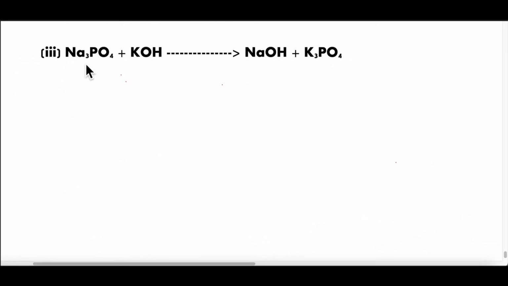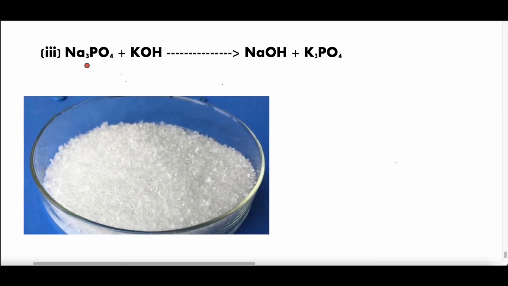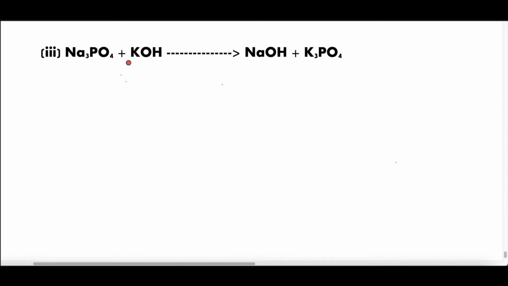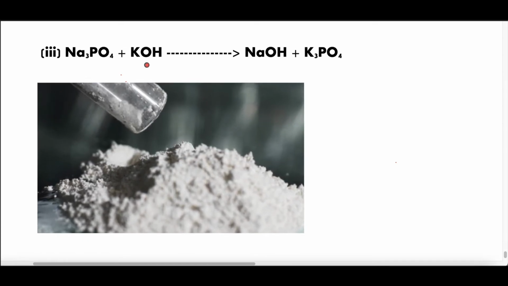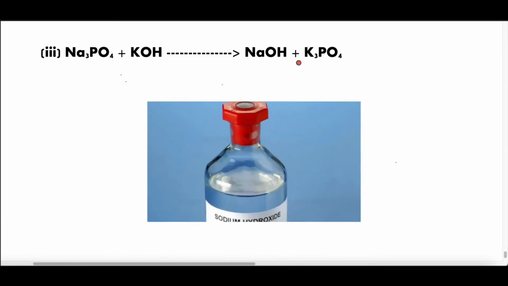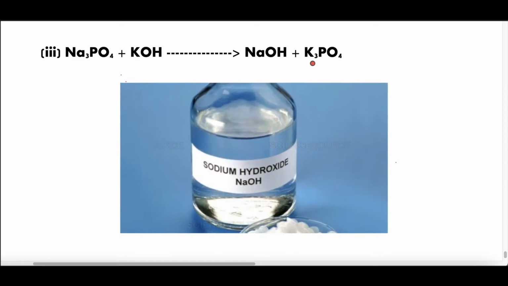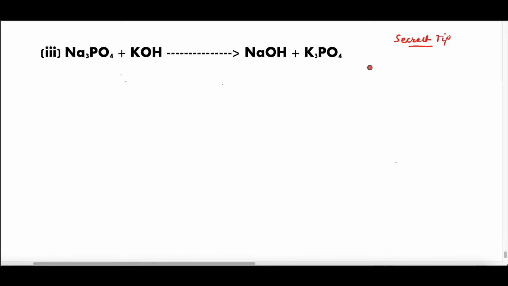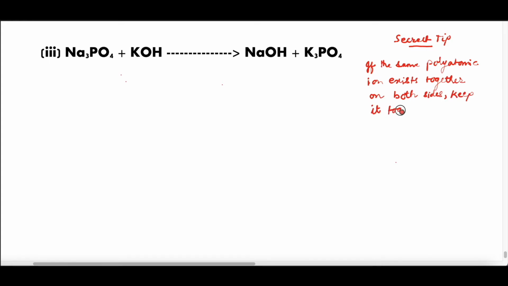Now let us consider another chemical reaction and try to balance it out. After all, practice makes perfect, isn't it? So here, sodium phosphate on reaction with potassium hydroxide yields sodium hydroxide and potassium phosphate. Now here the secret tip is, if the same polyatomic ion exists together on both sides, keep it together while